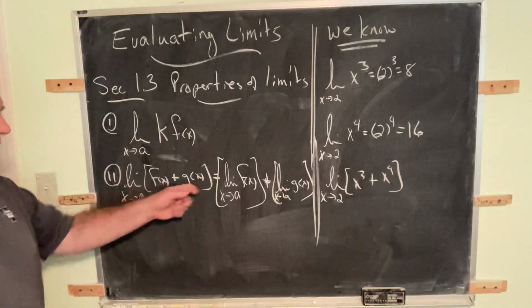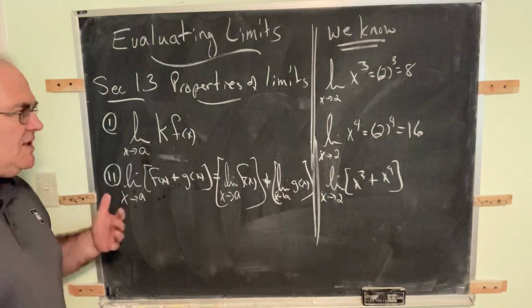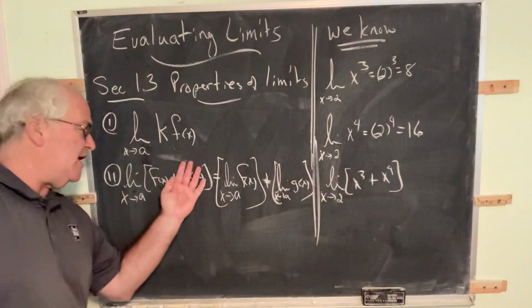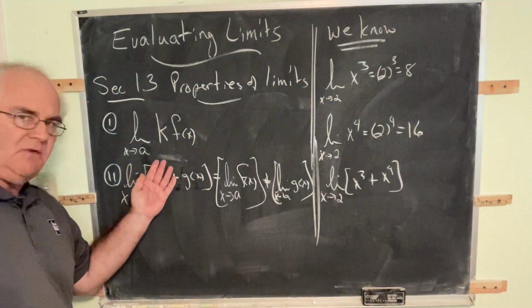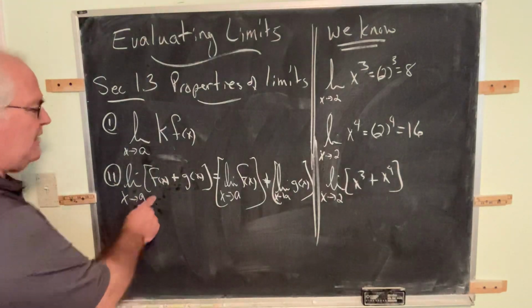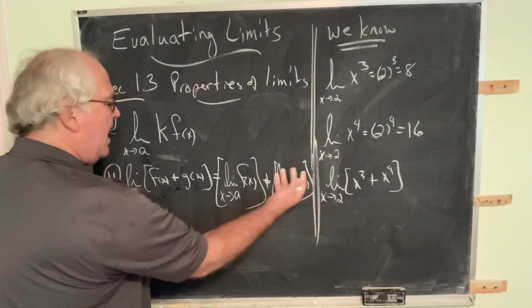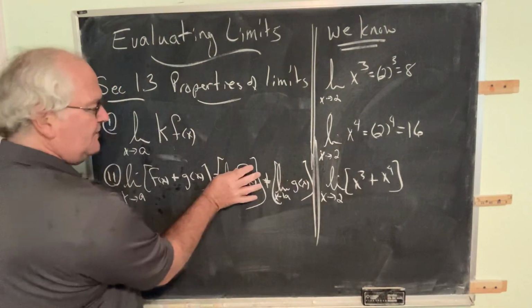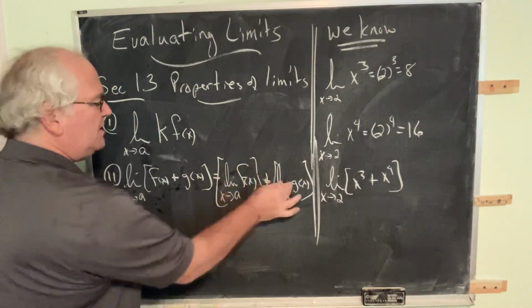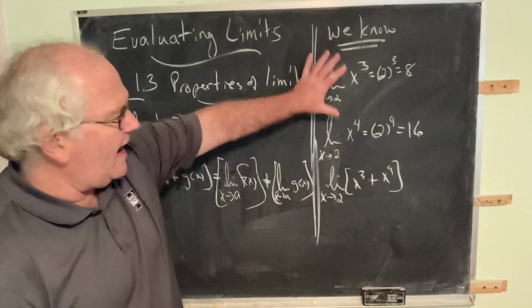The limit of 2 things added together is, remember how we said, if this were not present, we would know what to do. But now they are both present. What you do is you take the limit of the first one as if the second one were not even present. And then you take the limit of the second one as if the first one were not even present. And when you find those results, just add them together. In my little example here,